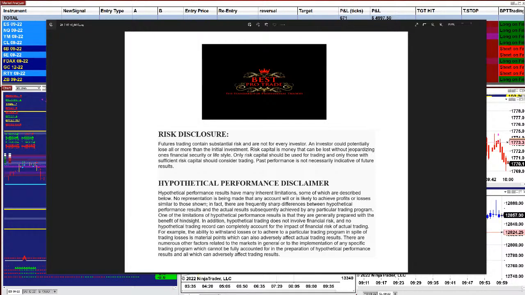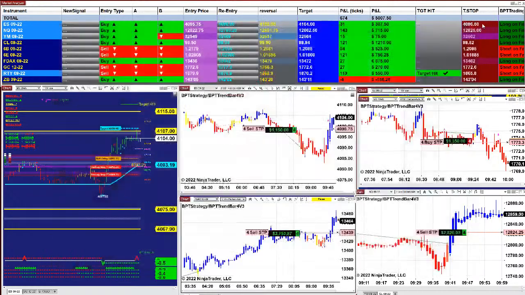Before we start, we have a disclosure. Please be aware of risk in future trading. This is not a trading room, this is an educational room. You're very welcome to follow any of our automated signals as long as you are on a sim. We strongly recommend to learn the market before you start using real money.